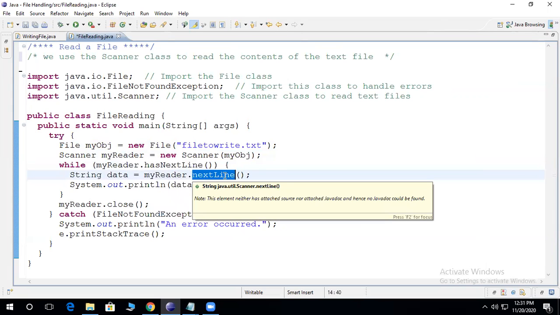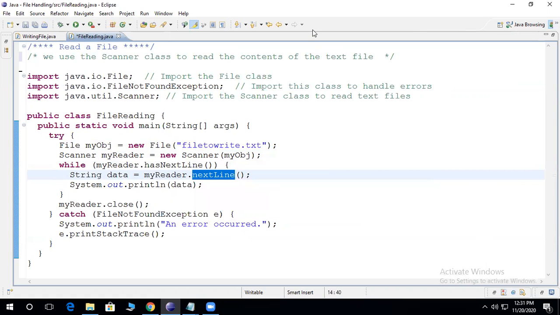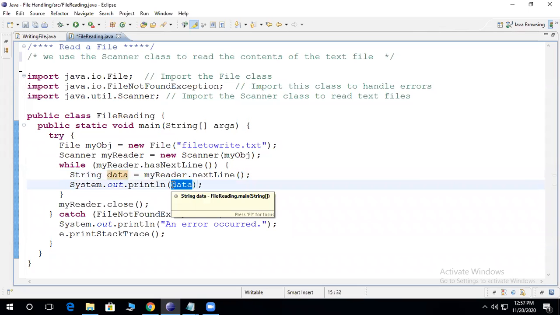So myReader is now pointing to the first line in the file, which is welcome to the class of Java file handling. With this nextLine method, it will return the line which the myReader object is pointing to. So the first line will get copied into the string object, and that copied line we are printing here with System.out.println.